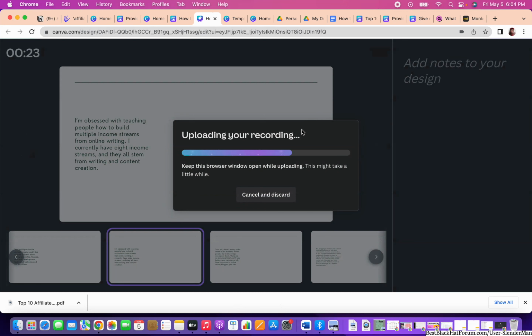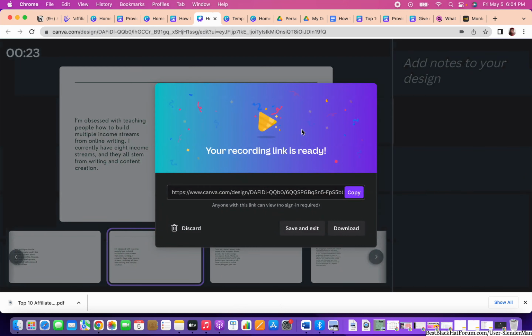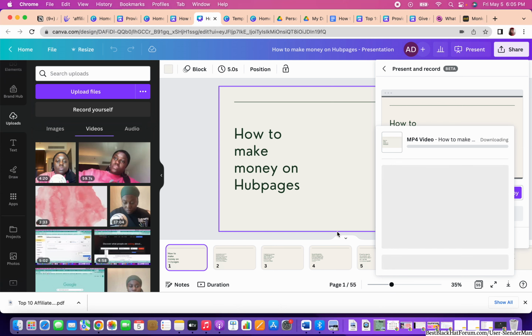Okay, so I've ended the recording, and once you've ended the recording, then you can either save and exit it, or you can just download the entire thing and edit it with whatever editing software you prefer to use, or you can edit it within Canva if you like. I don't usually edit it in Canva. I was doing that at one point, but now I've just been editing it in iMovie on my iPad or on my MacBook. So then when you download it,